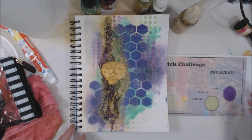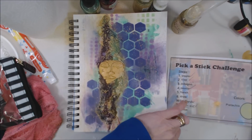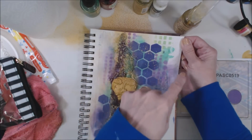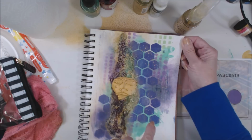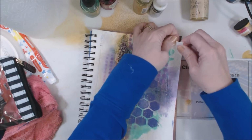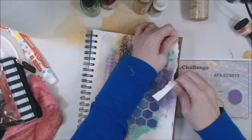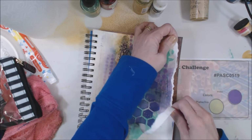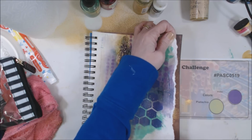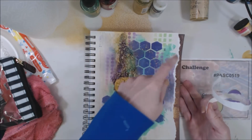Okay, so I think we're finally ready to move on. The next step, step 5, is harsh. So I am going to be harsh with my page, and what I'm going to do is tear it. When you tear towards yourself, you get the rag showing. So I'm just going to pull along the edge here and reveal a torn rag, because I like that look on here. This is watercolor paper, so it has that lovely rag,